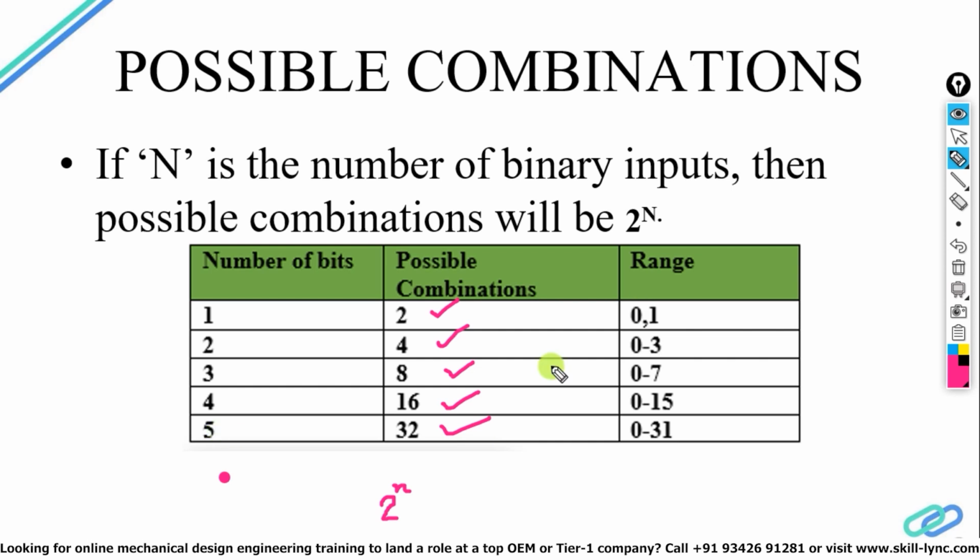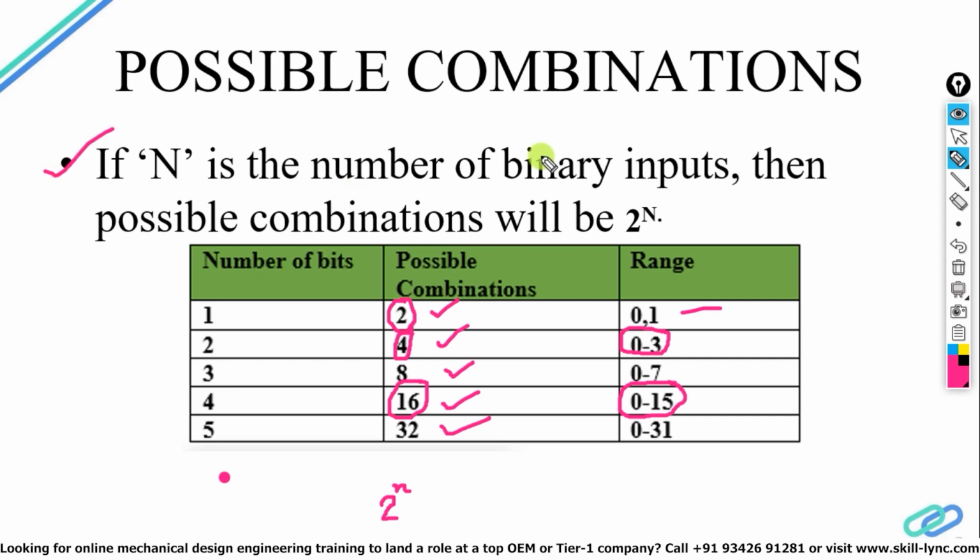Now the range. Just understand this thing that in digital, everything will start with the 0. If I say two possible combinations are there, it means 0 and 1. If I say 4, the range is 0 to 3. For 16, it will be 0 to 15. For 32, it will be 0 to 31. If it is 64, then it will be from 0 to 63 and so on. So 0 1 means two things are there, that's why two possible combinations. 0 1 2 3 means four values are with you. That's why four possible combinations are there.